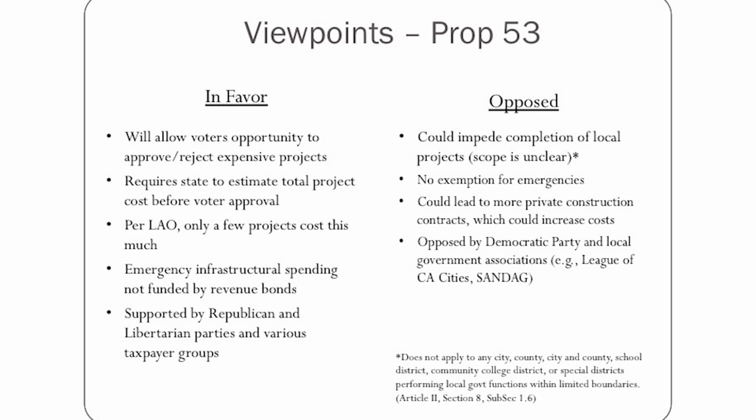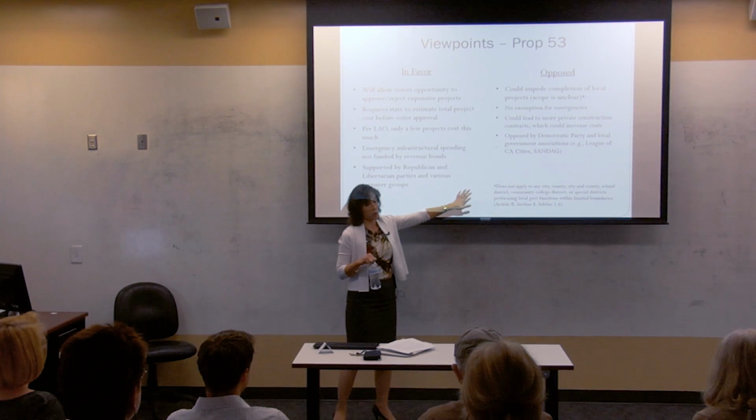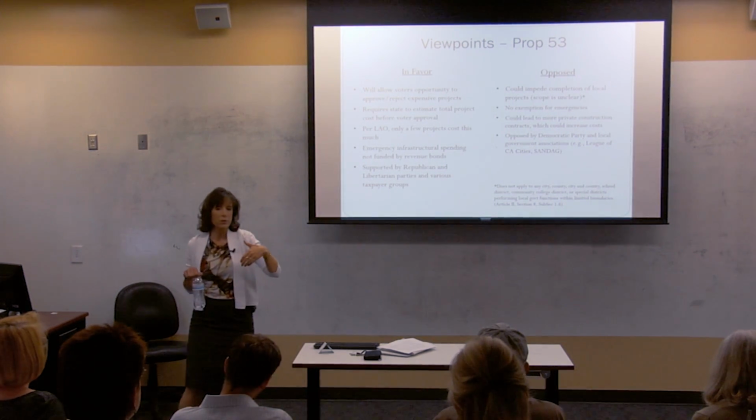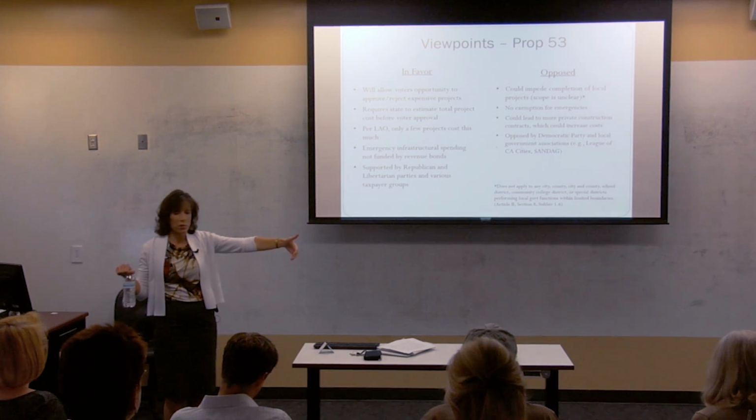So I went back into the actual proposed code, and this is where the asterisk is, and you can probably see it better on your handout. The language itself, this is a direct quote, does not apply to any city and county, school district, community college district, or special district performing local government functions within limited boundaries. So in a sense, it wouldn't apply just to a city project. You wouldn't have to have all state approval by voters if you were going to fix the aqueduct issue here